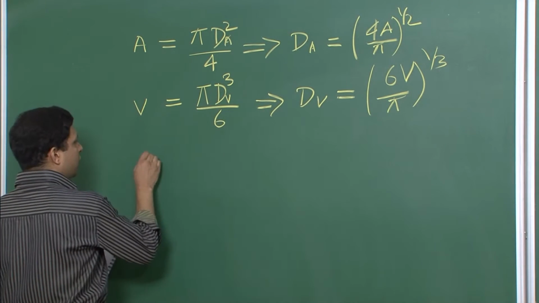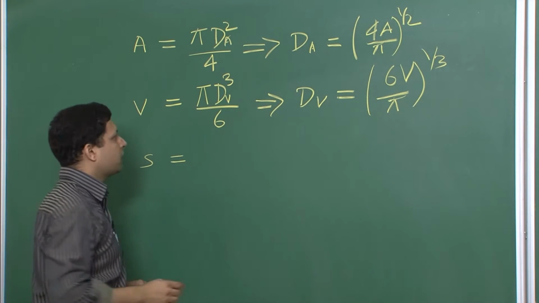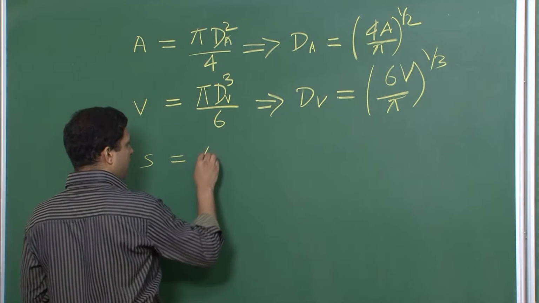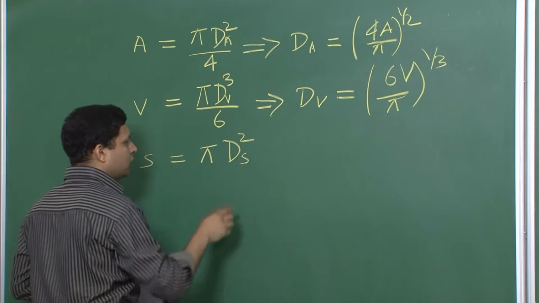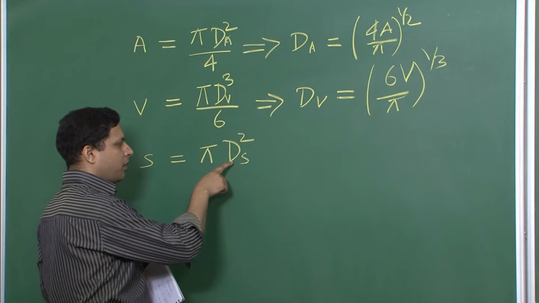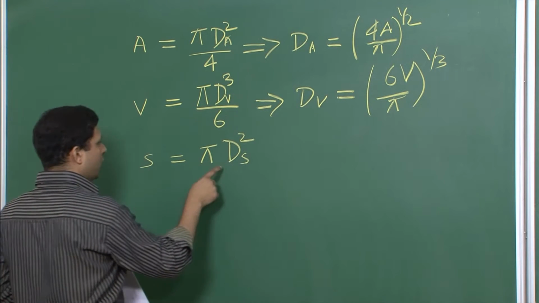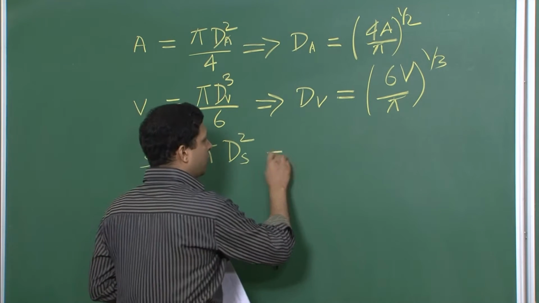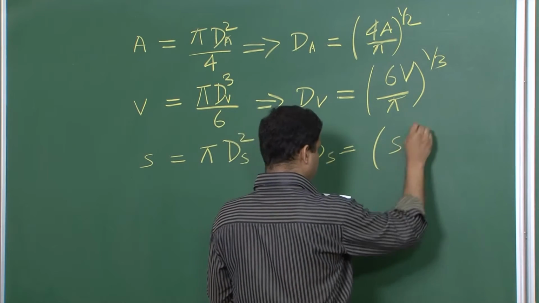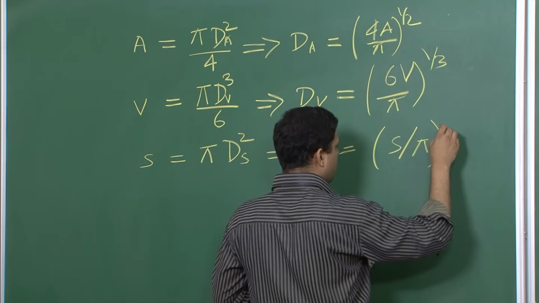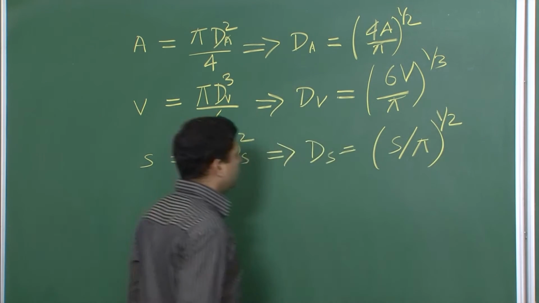And if you know the surface area, there are of course techniques. In fact, this is the most common technique where you calculate the surface area and then say what is the diameter which has the equivalent surface area. So, a spherical particle of diameter ds will have surface area equal to pi ds square, and you are saying pi ds square is equal to S, and therefore, the equivalent diameter for this is the square root of S by pi. So, these are different definitions.